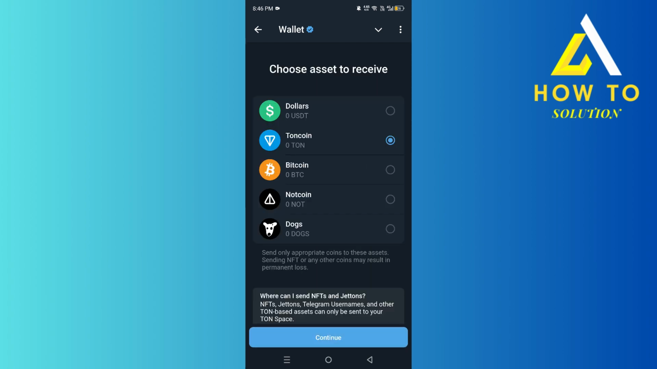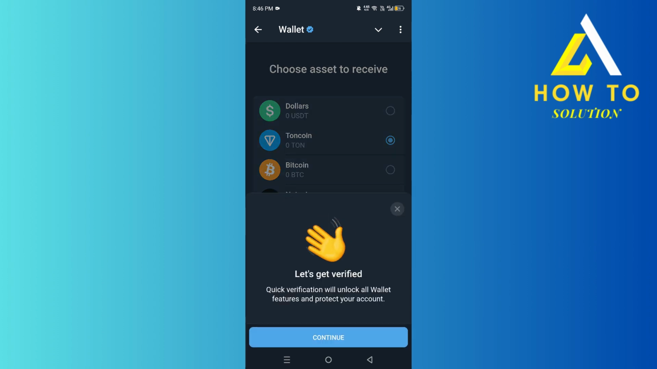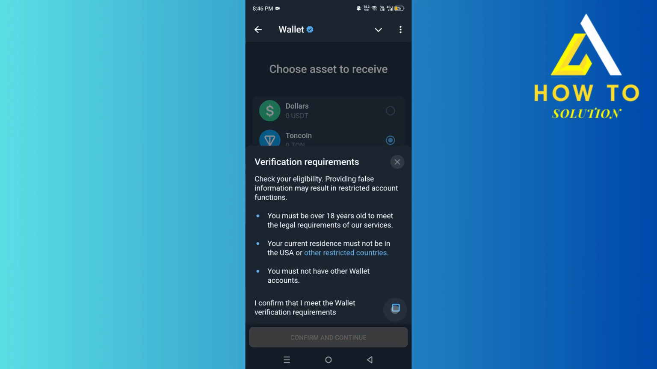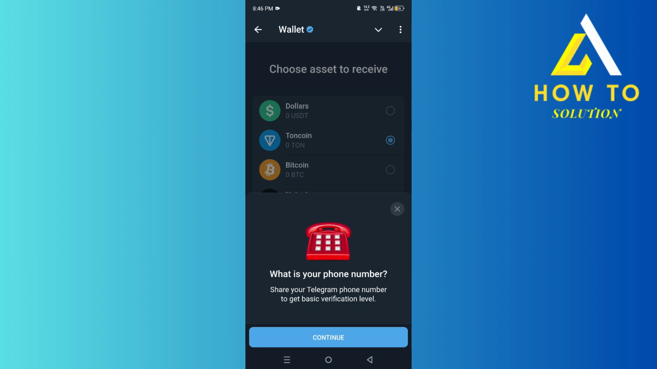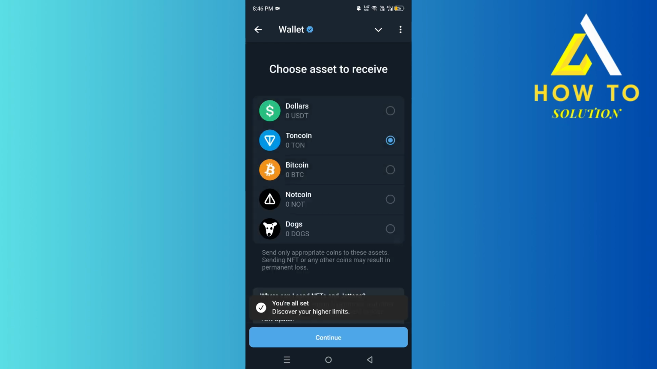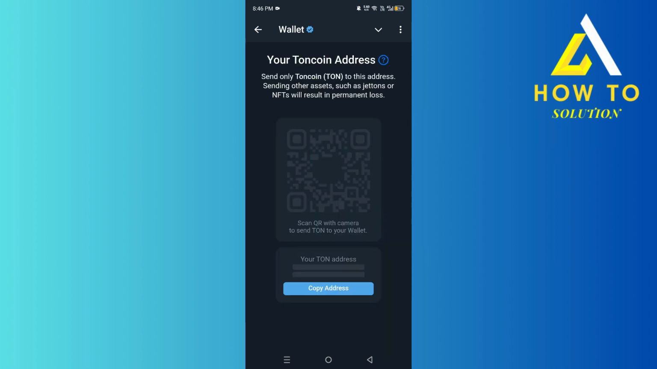You want to click on external wallet and then click on TON coin, and then click on continue and then continue, verify all of that, and then let's just fulfill all of these details, and then it says you're all set. So you are going to click on continue, click on done, and then as you can see your TON address is this. So what you need to do is, if this was sending TON, it would ask you